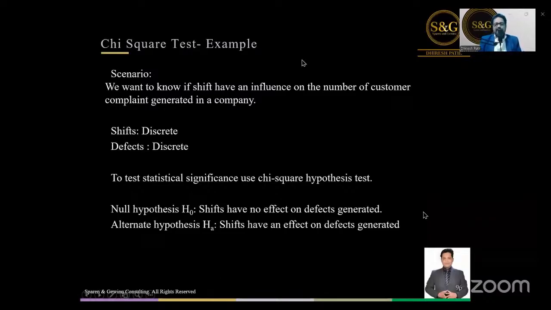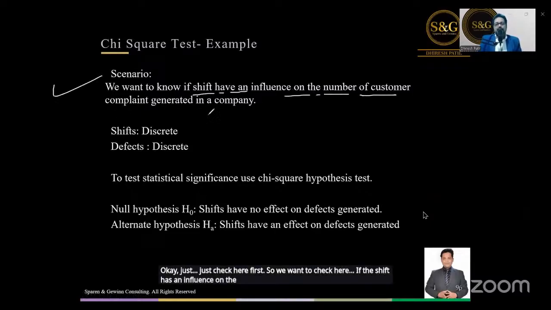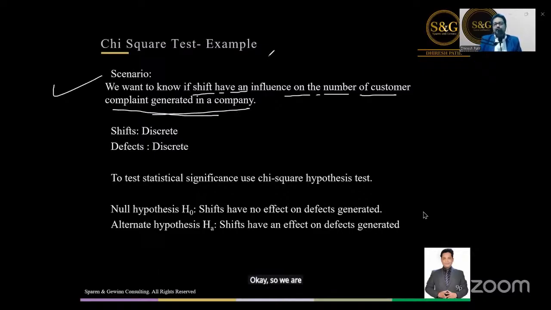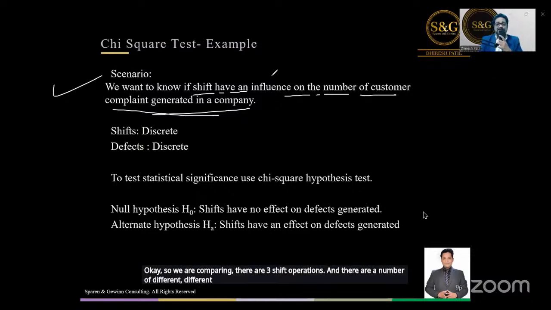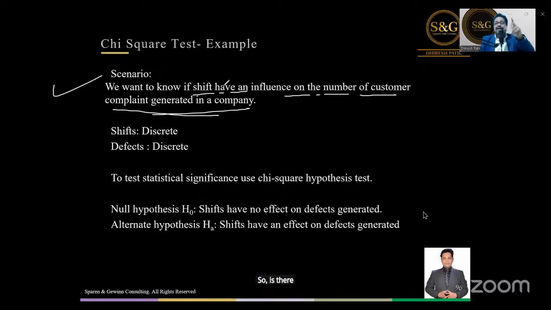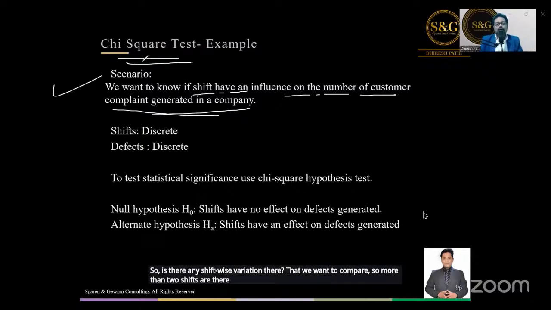We want to check if the shift has an influence on the number of customer complaints. We are comparing three shift operations, and there are different types of defects or customer complaints coming. So is there any shift-wise variation? That we want to compare. More than 2 shifts are there, that's why we are going for the chi-square test.